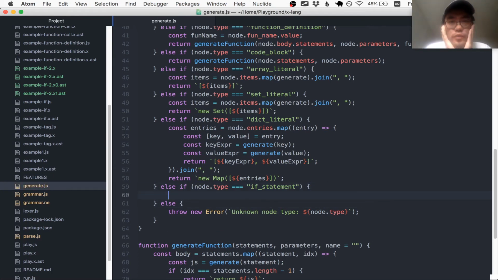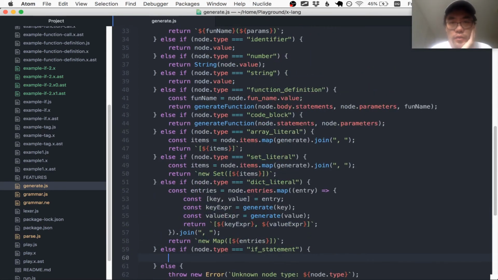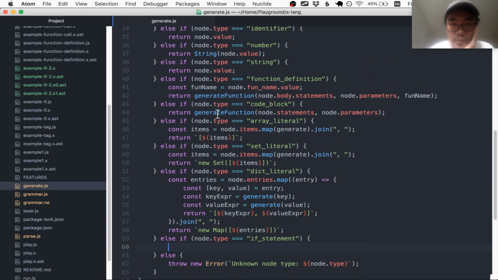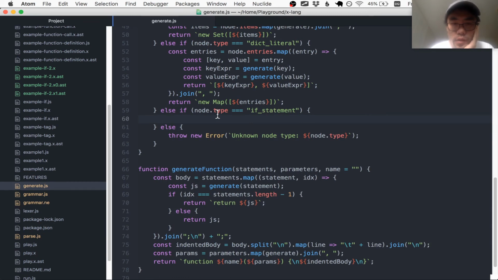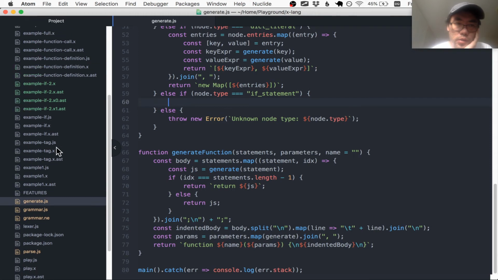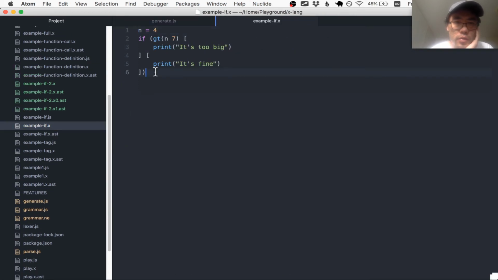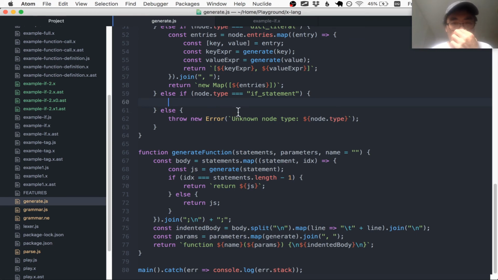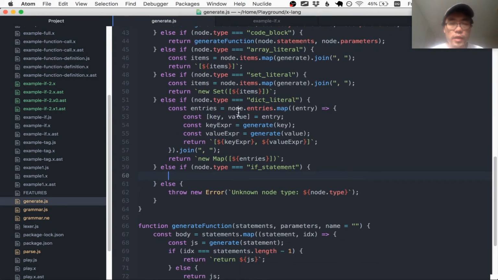And I guess I have a couple of choices here. I could have it generate an if statement in JavaScript, or I could have it generate a function like in the format of our previous if statement. I think I'm actually going to have it generate an if statement in JavaScript. This is a transpiler. So yeah, let's translate this guy to JavaScript. And in JavaScript, an if statement would look something like